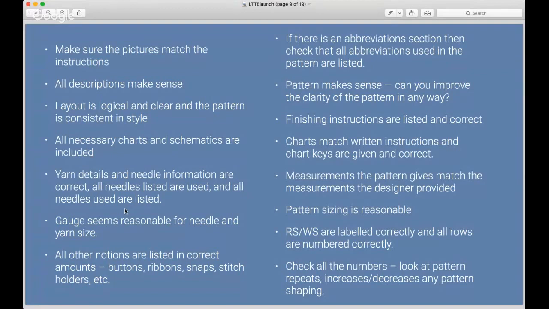So you want to check that if there's an abbreviation section, all of the abbreviations used in the pattern are listed, and you want to make sure it goes both ways,